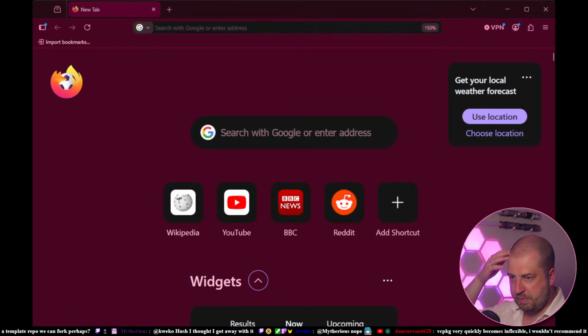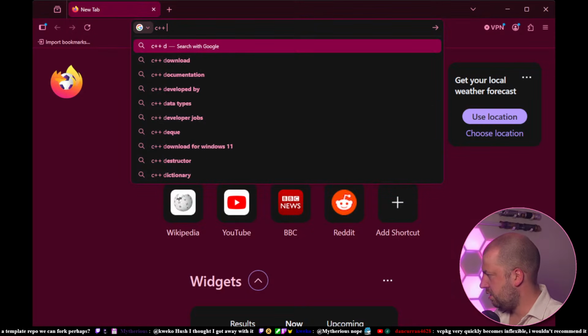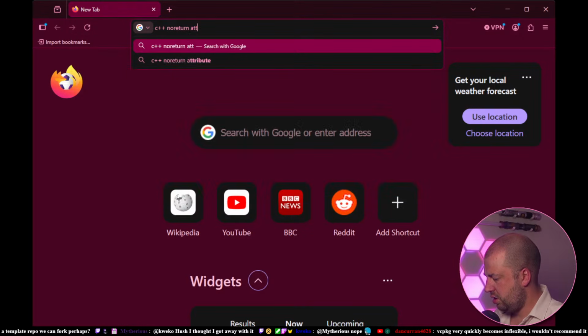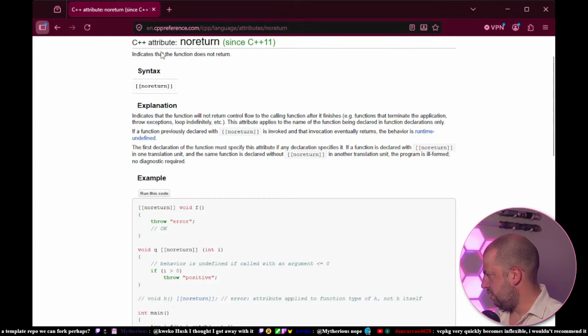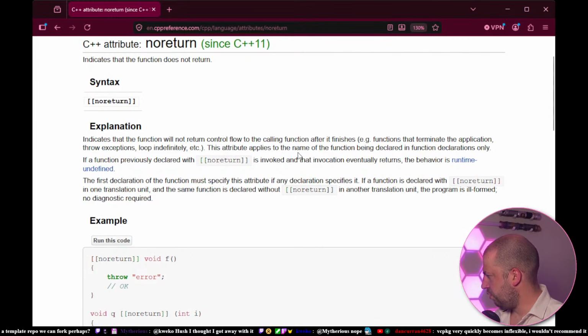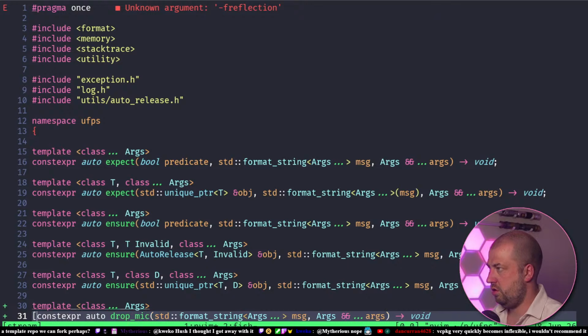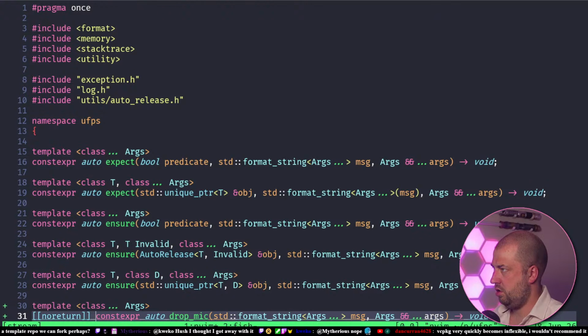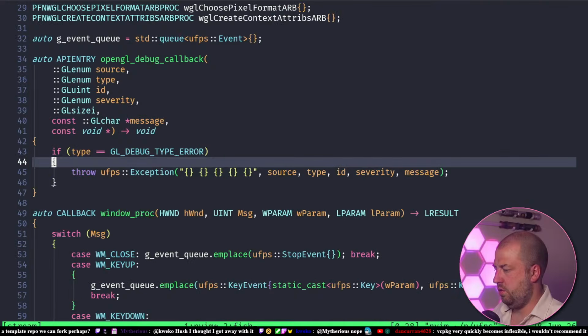Right. The fun fact about pressing that button is that it doesn't actually bring this to the front. So let's go. C++ has a no return attribute, which indicates that the function will not return control to the function after it finishes. So I think we want that. Let me just press that. So I think we can then do no return. And then we go Windows, and then we can do